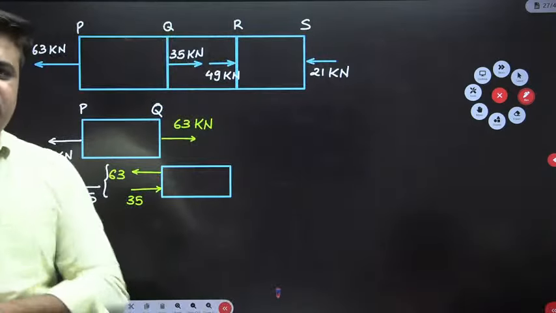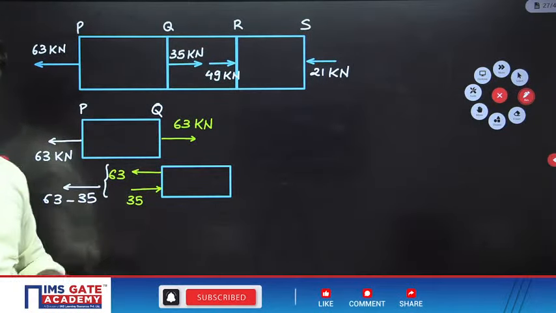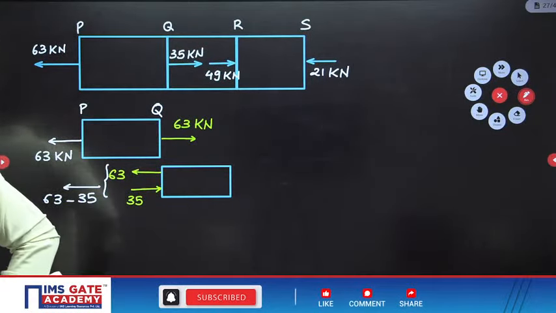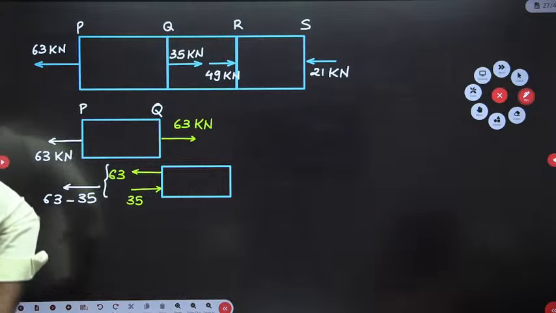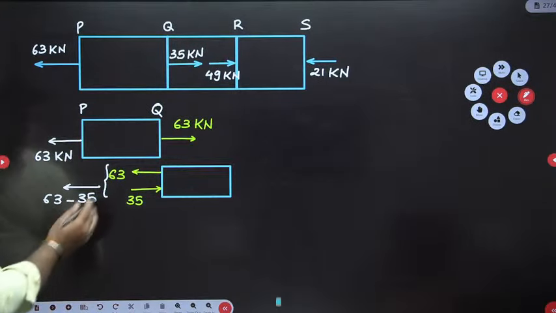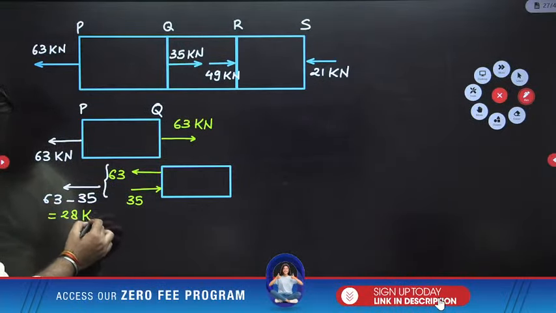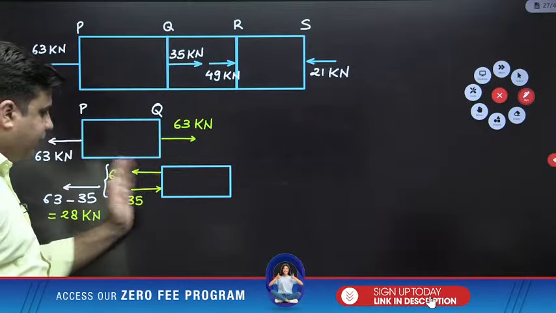Please tell me quickly. 63 minus 35 will be 28 or what? What is 63 minus 35? Please tell me the answer. 28. Very good. So you have net 28 kilonewton load acting on this interface, and that too in the outward,